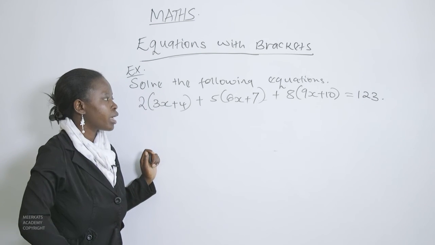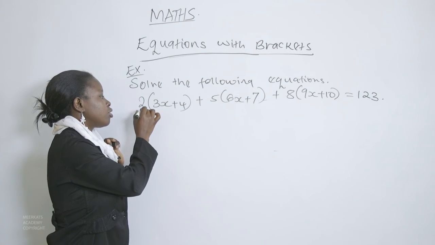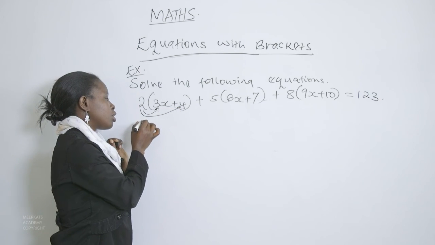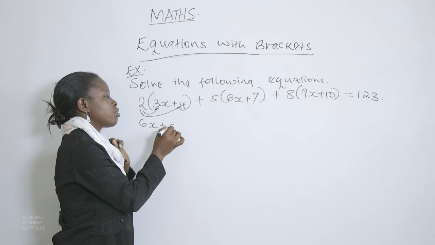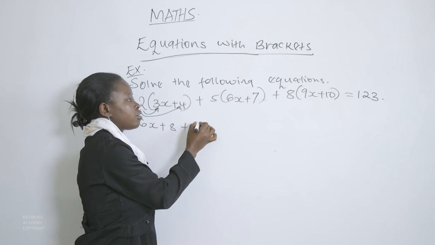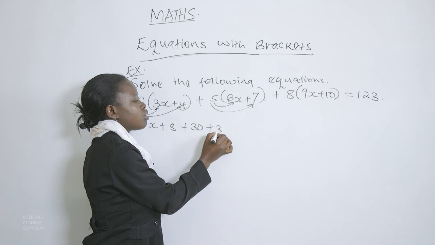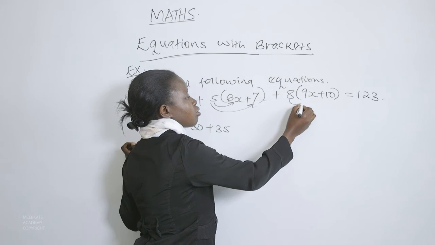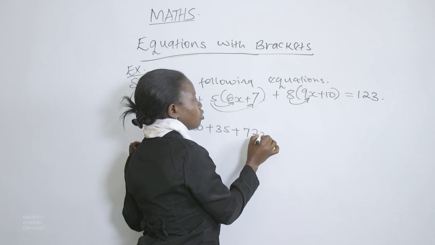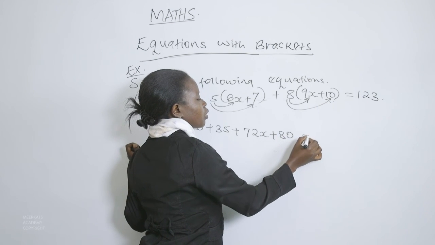We have multiple brackets, so each bracket is expanded on its own, so that 2 times 3x, then 2 times 4. 2 times 3x will give us 6x, 2 times 4 will give us 8, then plus 5 times 6x is 30x. Then 5 times 7 is 35. Then next we have 8 times 9x. 8 times 9x is 72x. Then 8 times 10 is 80, will be equal to